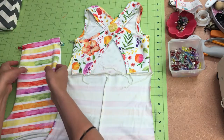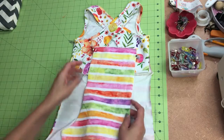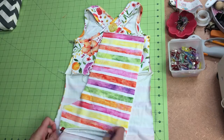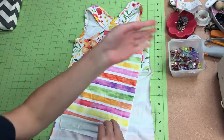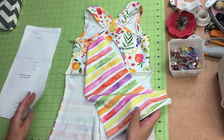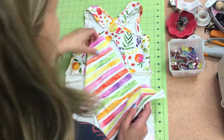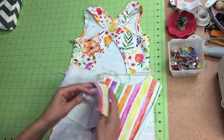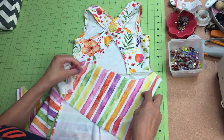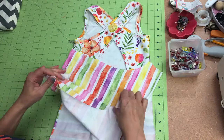So now we are actually going to go on to the rear pieces of the romper. So I have my back pieces here. After I cut, I always repin them to the pattern piece just so I can keep track of them and tell them apart, and I'm not searching and trying to guess which one's front and which one's back. So okay, we have our back piece, and we're going to lay them right sides together again,